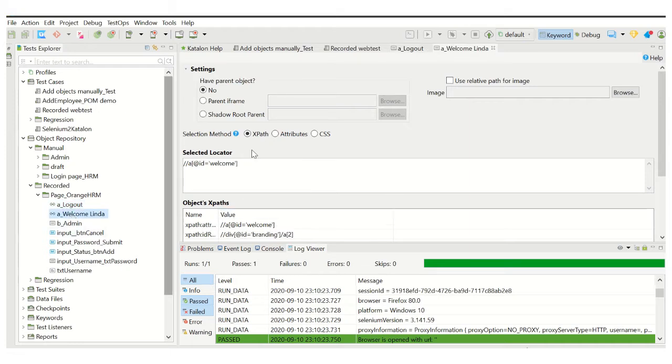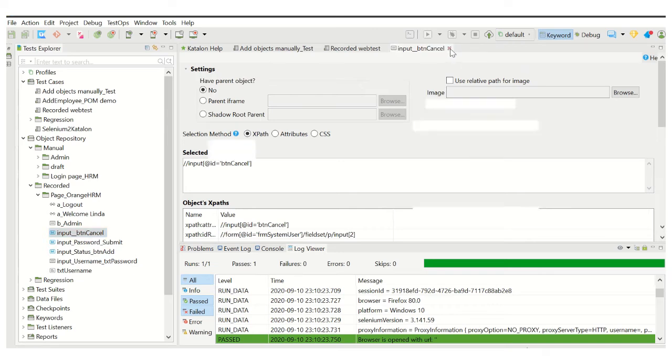Let us see another one. This is also having XPath. Let us have a look at another one. This is also having XPath as object locator. So my recorded test uses the objects recorded by Katalon, and as you see, all these objects are located by their XPaths.